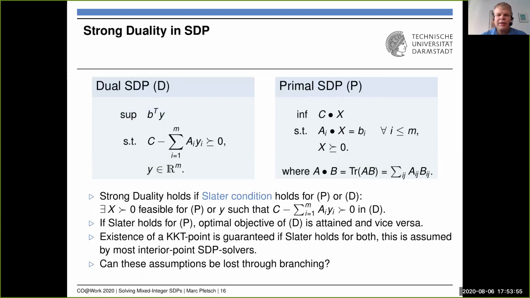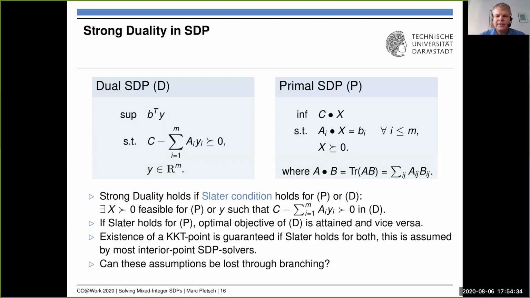Now, for interior point methods, it's important to have so-called KKT points. And the existence of such points is guaranteed if the Slater condition holds for both problems. So contrary to strong duality, which holds if the Slater condition holds for either the primal or the dual, for KKT points we actually need both. This is a relatively strong requirement, and only if this is satisfied, the convergence theory of interior point methods will